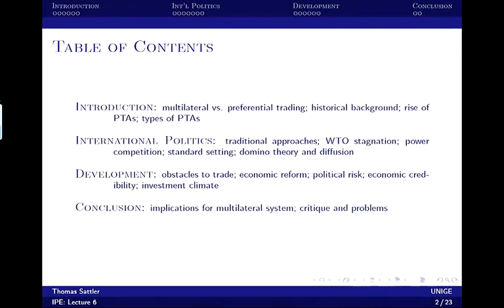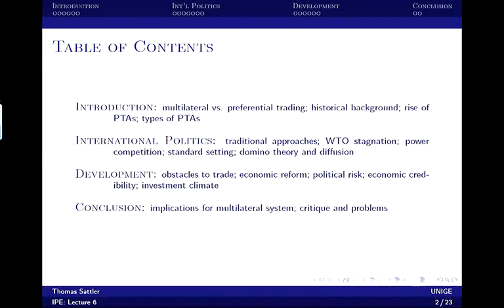So in the introduction, in the first part, I'm going to quickly review the historical background because these preferential trading agreements are nothing new. We've seen them in the history of the international economic system. We've seen them quite a lot, and we've seen them in different forms. So I talked about some already. I talked already about the Cobden-Chevalier Treaty in the first week, and that treaty was such a preferential trade agreement. I also talked about the imperial preference system when I talked about the interwar period. That's again such a preferential trading system, but a very different one.